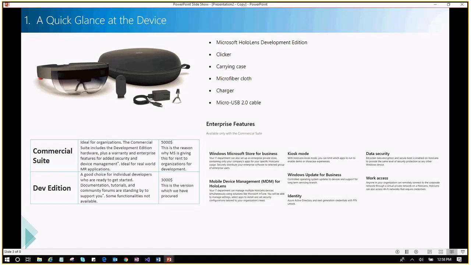Of course, the carrying case, which comes in a very fancy box for HoloLens right now, it's almost like a spaceship. Cloth, of course, the charger and the micro USB cable. So